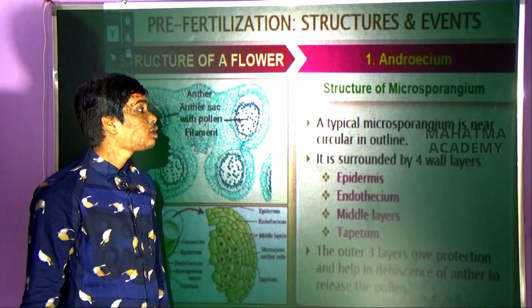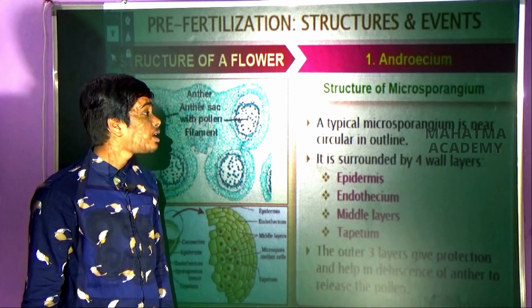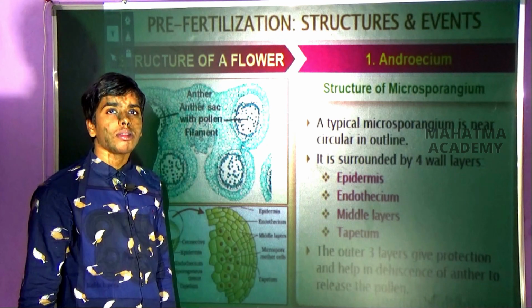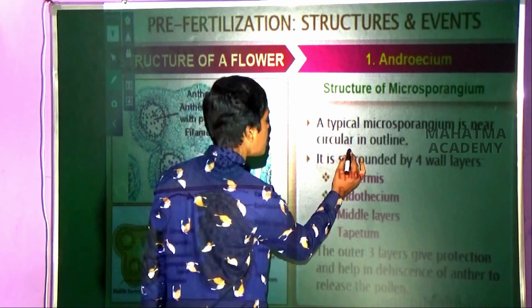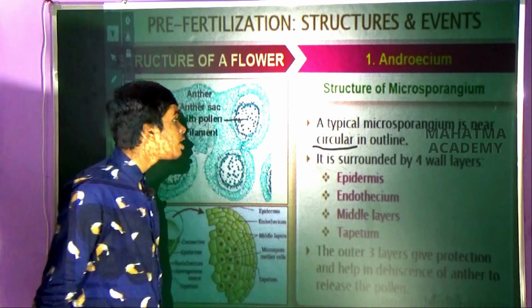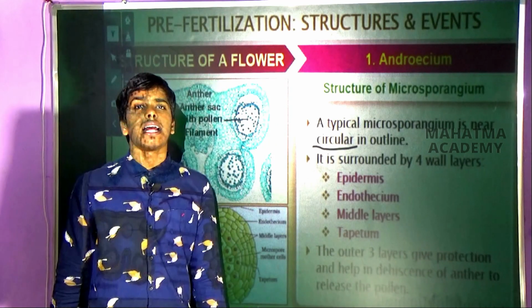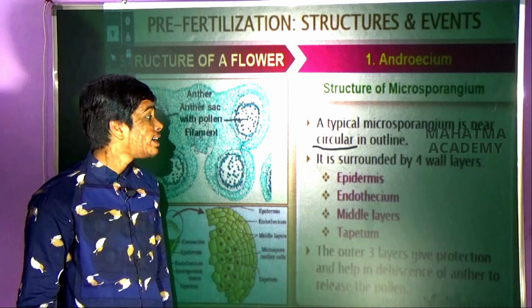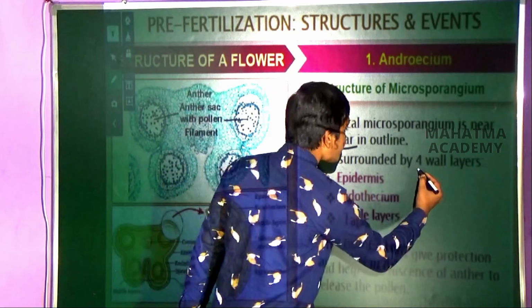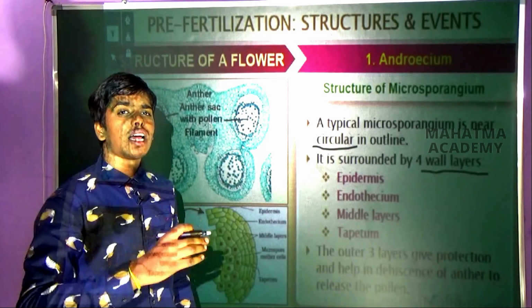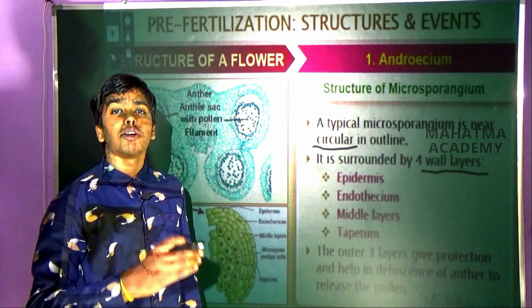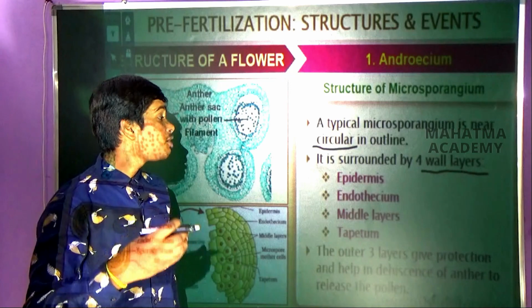A typical microsporangium is circular in outline. So microsporangium is in which shape? It is circular in shape. While the anther is in which shape? Tetragonal shape. So microsporangium has 4 walls. That is, it is made up of 4 wall layers. That means from outside to inside, the pathogens or outer particles will need to pass 4